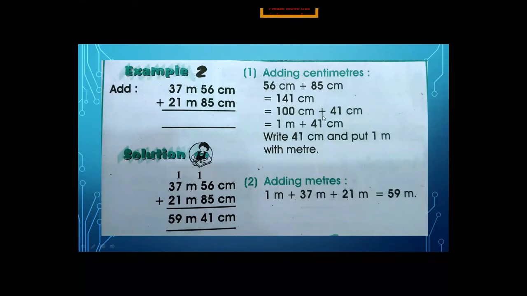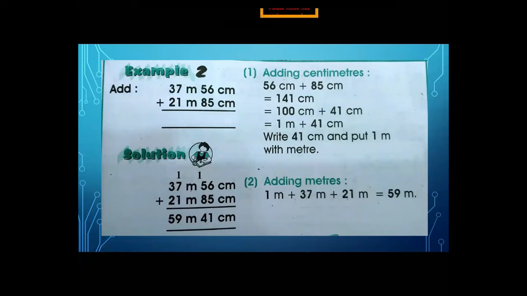In the previous exercise that we discussed in the previous teaching, what did we do? We just break this number. So 141. When we break 141, we write 100 separately and 41 separately, because this is read as 141 centimeters. So you write 100 separately and 41 separately. Now your answer easily converts into meter and centimeter.